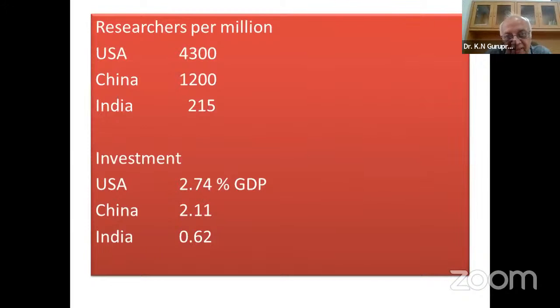Now, if you take the researchers per million, you see where India stands. Per million population, the USA has 4,300 researchers, China has 1,200, and we have only 215 in the latest data which I could get. Of course, in terms of investment, the USA invests 2.74 and China 2.11 percent of GDP. Our investment is only 0.62. Of course, our GDP is also less. And